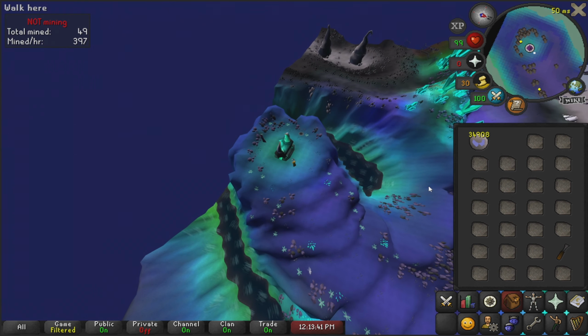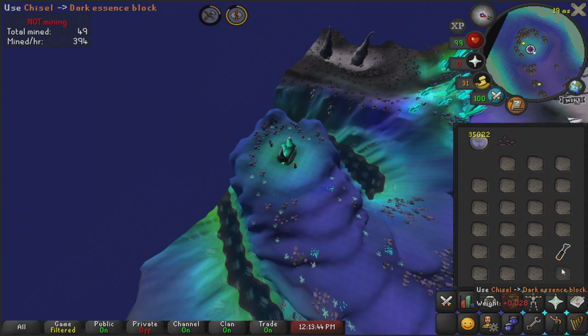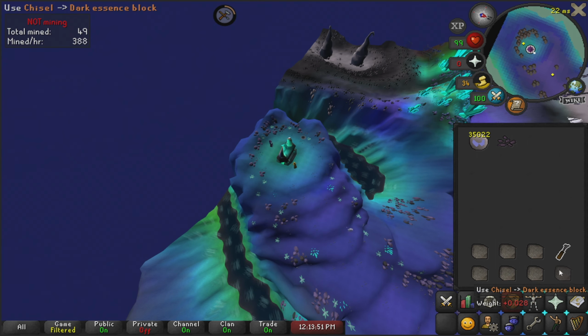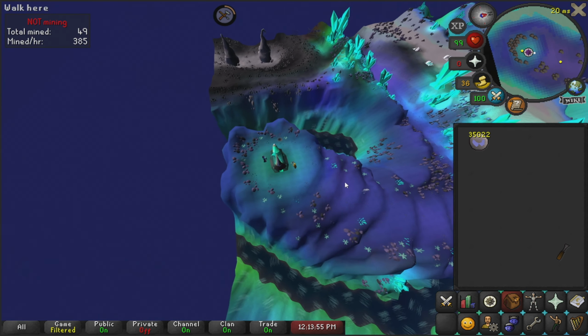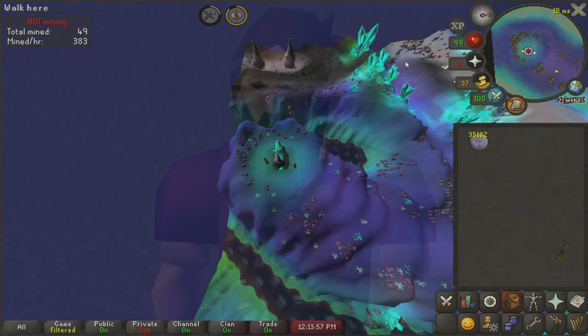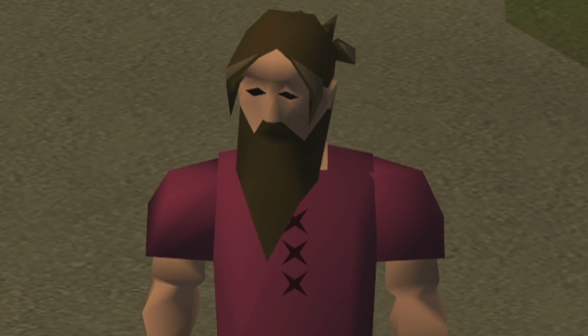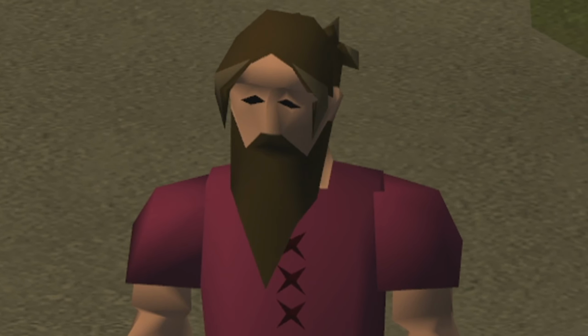So after you've finally reached the soul altar, if you go ahead and craft your first invent of soul runes, and once you have done this, then you can use your chisel on your second invent of dark essence blocks to make these ones into fragments. And once you have made them into fragments, go ahead and craft another batch of soul runes, and congratulations, you've basically done this method. Then all you have to do from here on out is just repeat all of the previous steps. But as there isn't anything left to say, let's jump on over to the final price check